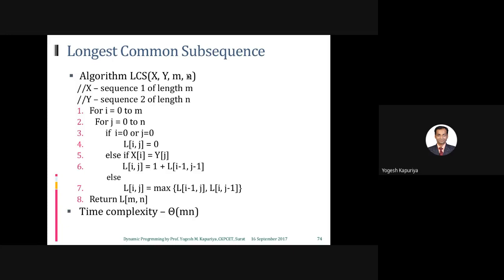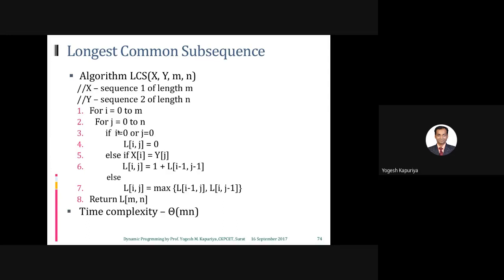Obviously, you are interested in building a table. Remember, the sequence is 0 to M minus 1, but we are making sure that 0 is for null. So that's why we are now saying that the sequence is between 1 to M, and that's why we are adding one more column and one more row. So it's 0 to M, 0 to N.